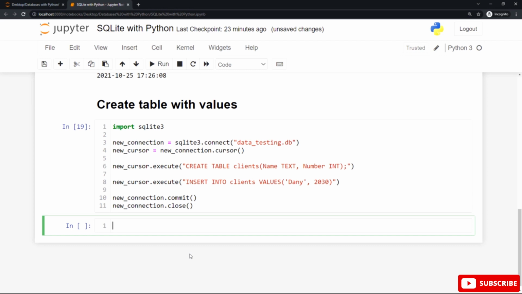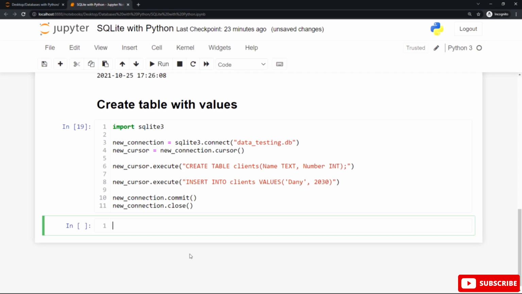And the last step is closing the database after this operation. After all the previous operations, we want to close this database by using the close function. Use the close function exactly as in file handling in the Python programming language. The new connection variable refers to the data testing database connection, followed by the dot notation followed by the close function to close the database connection after all of that.